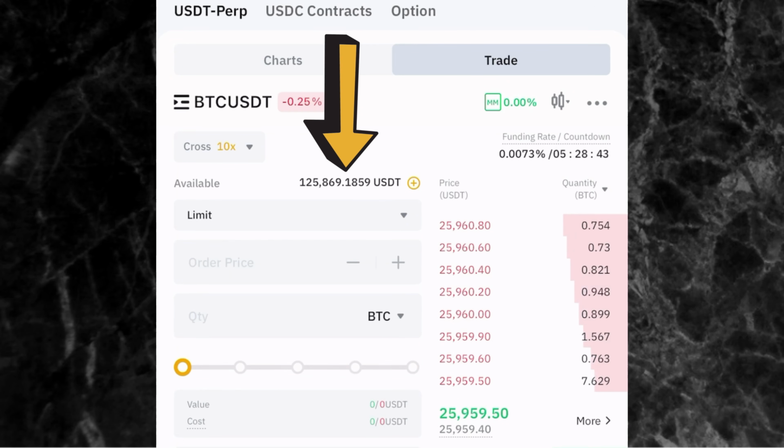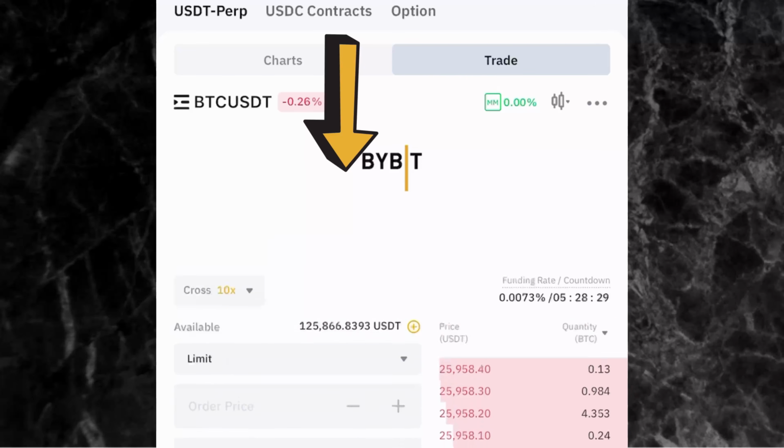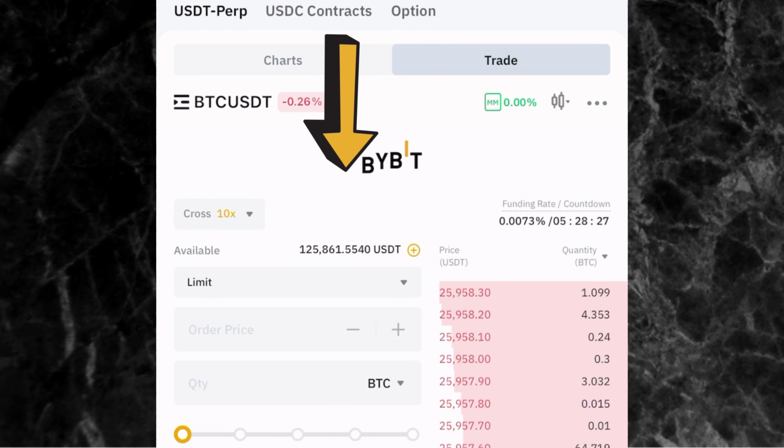As you can see on my screen where the arrow is pointing to, I have a little bit above 125,000 USDT to do derivatives demo trading on ByBit. Yes, it is real. Let me refresh the page so you can see it. So if I refresh it now, you'll still see that the balance will still be